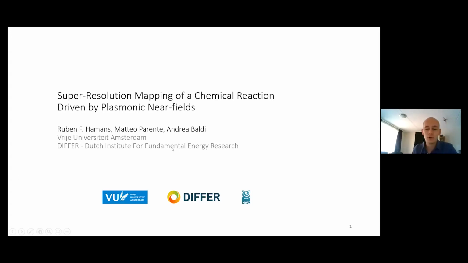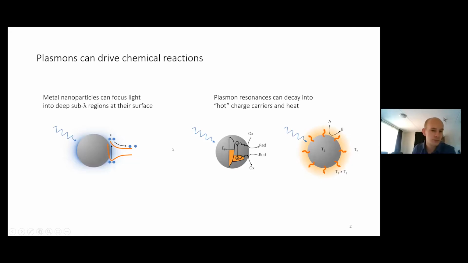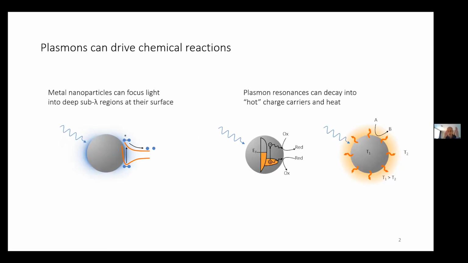So I will just only briefly mention that there's of course a few mechanisms by which plasmons can enhance chemical reactions. And first of all is of course the fact that metal particles are able to focus light right at the surface of the particle, so they can generate plasmonic near fields. And then of course, if you have some sort of photo-driven process that happens right at the surface, this can